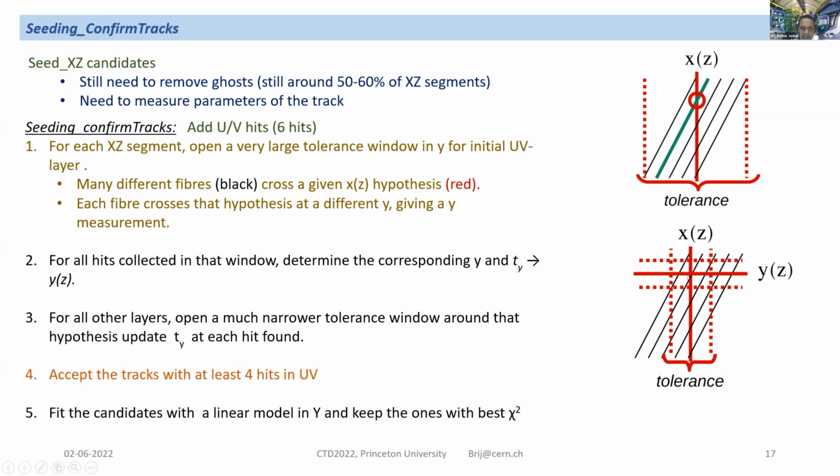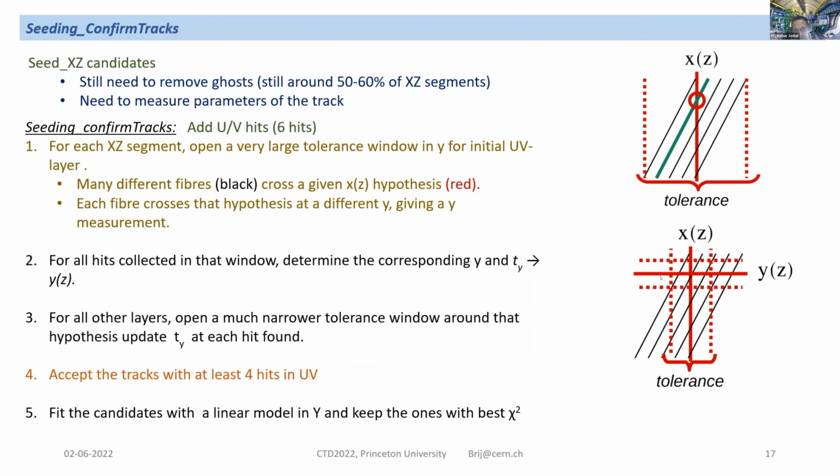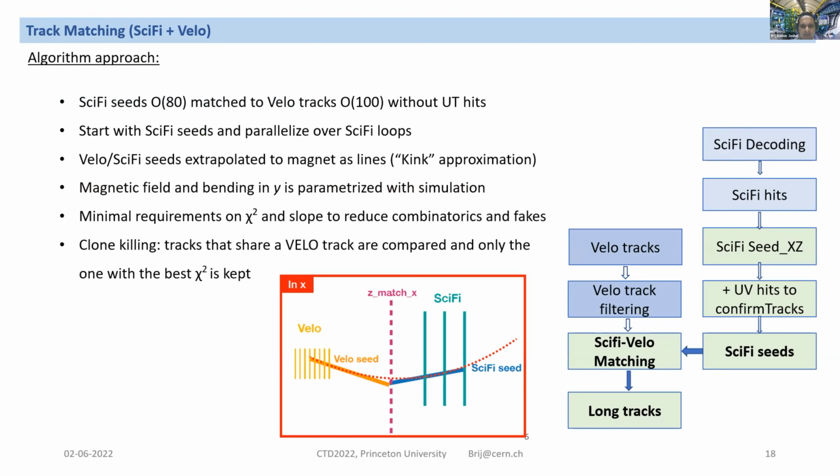Therein, we accept the tracks with at least 4 hits in the UV, and we fit the candidates and keep the best chi-square ones, fitting them with the linear model in the Y. So that's how we have the SciFi seeding done. I'm going to talk about the performance of it in the later slides. But first, how these SciFi seeds are matched with the Velo